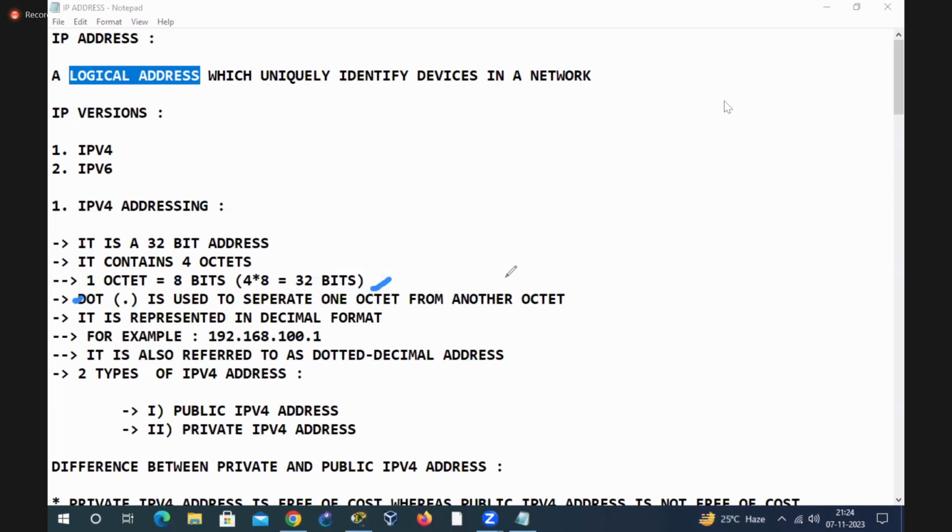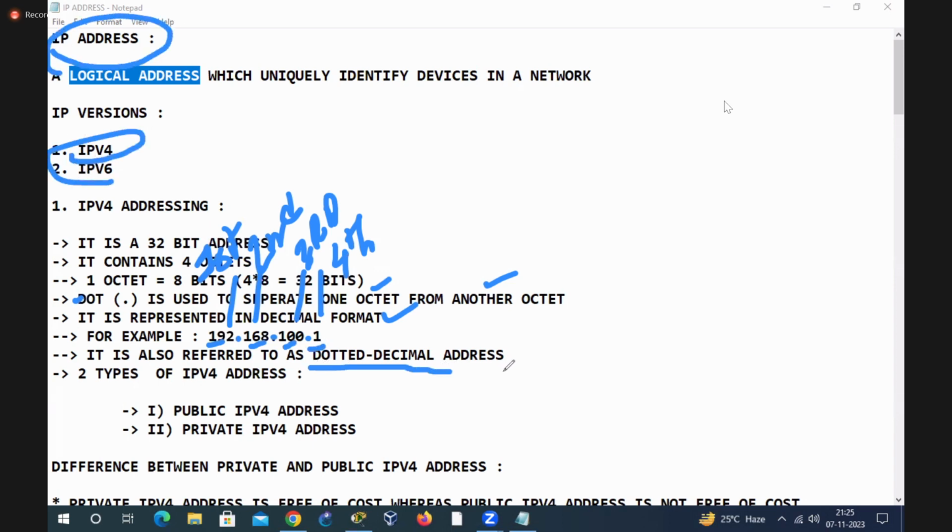We use a dot to separate one octet from another octet. It is always represented in decimal format. And this is an example of an IPv4 address. That is the first octet, that is the second octet, that is the third octet, and this is the fourth octet. Since we are using a dot to separate these 4 octets, and we are writing it in decimal format, these IPv4 addresses are also called dotted decimal addresses. Dotted decimal means you are using dot